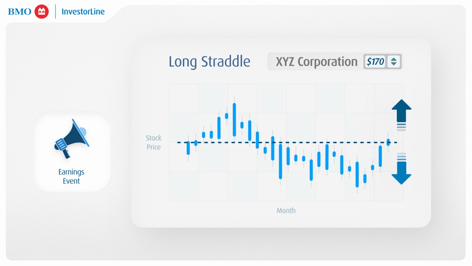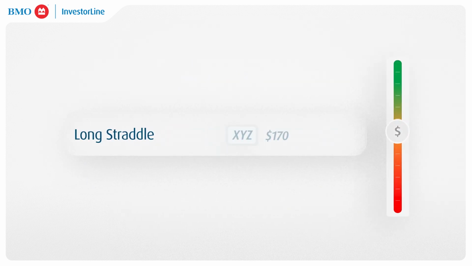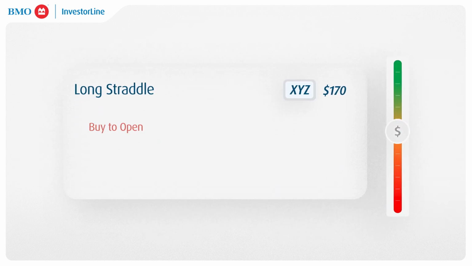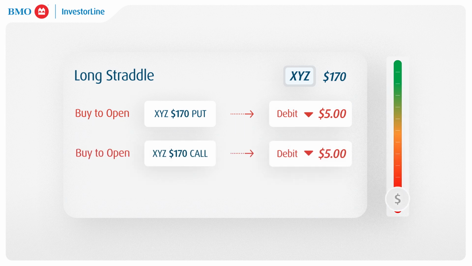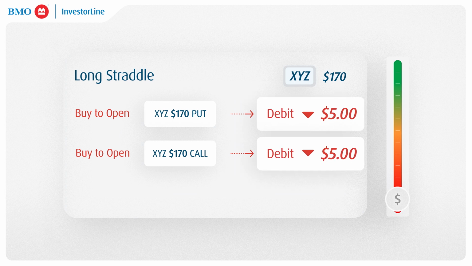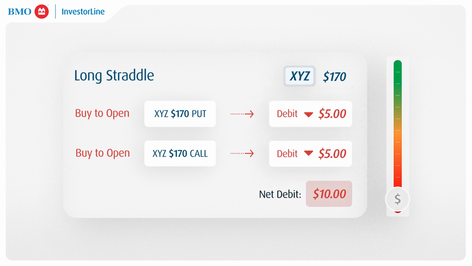This is where a long straddle could be utilized to potentially profit from a big move higher or lower. To create the long straddle, you might consider buying a put option with a strike price at the current price of $170 and simultaneously buying a call option with the same strike price of $170 and same expiration date. If the cost of each option is $5, this results in a total net debit of $10,